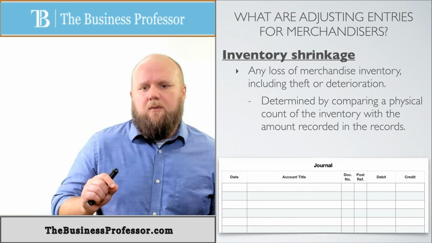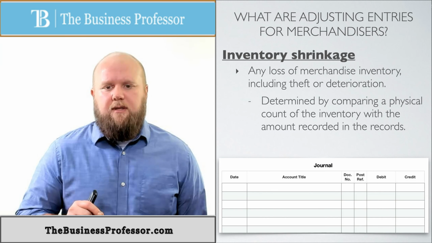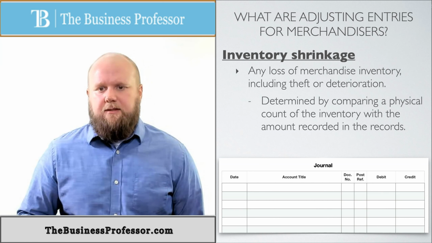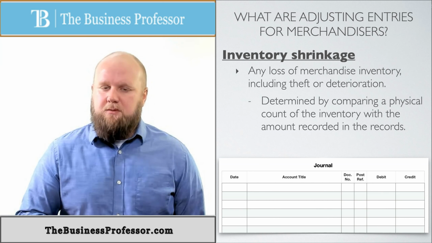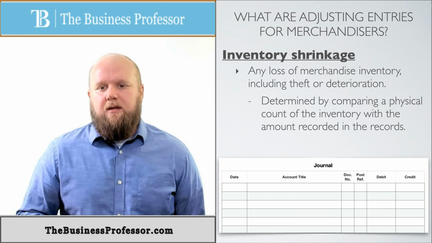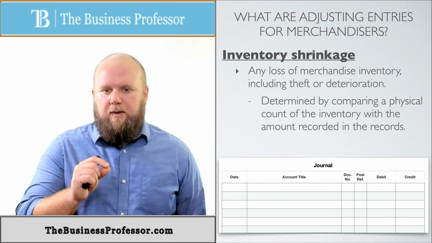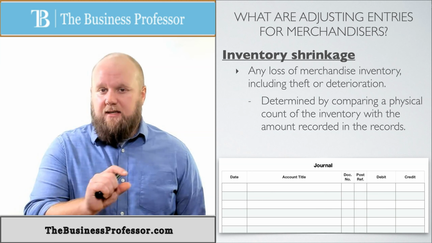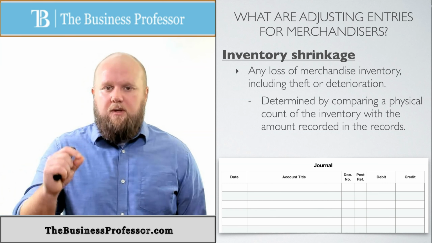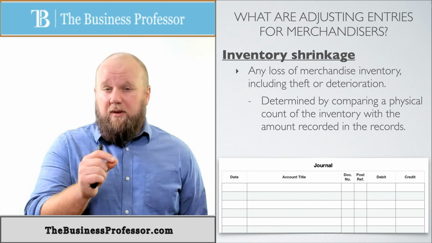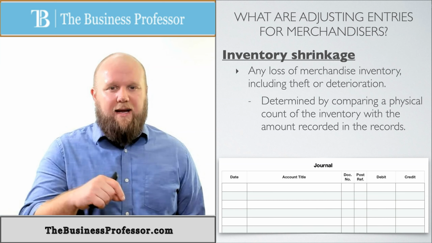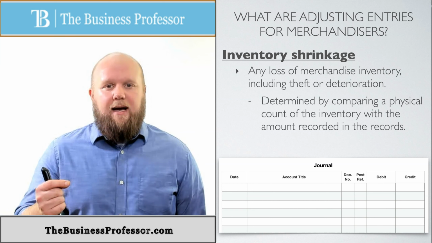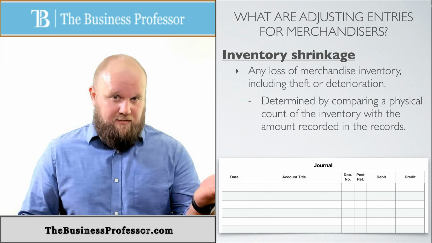Inventory shrinkage. What that is, is any loss of merchandise inventory that comes from theft or deterioration. When you have inventory, things happen. Things break, things become deteriorated, things are stolen, and when we put this on our financial statements and say this is what our balance of inventory is, we want it to be as accurate as possible. Not what we think we have or what we should have on our books, but what we actually have on our shelves. So we have to make sure what we have on our shelves is the same as what we have